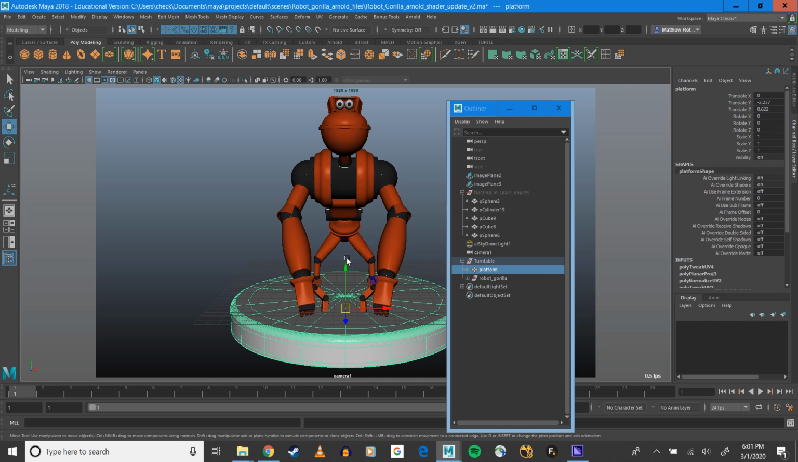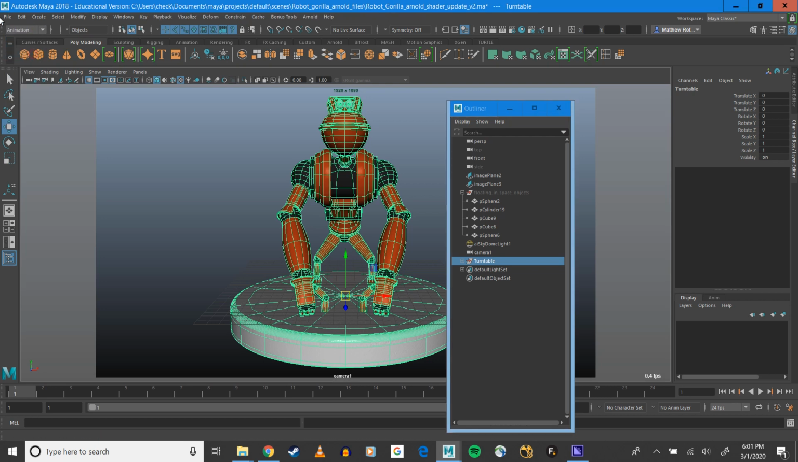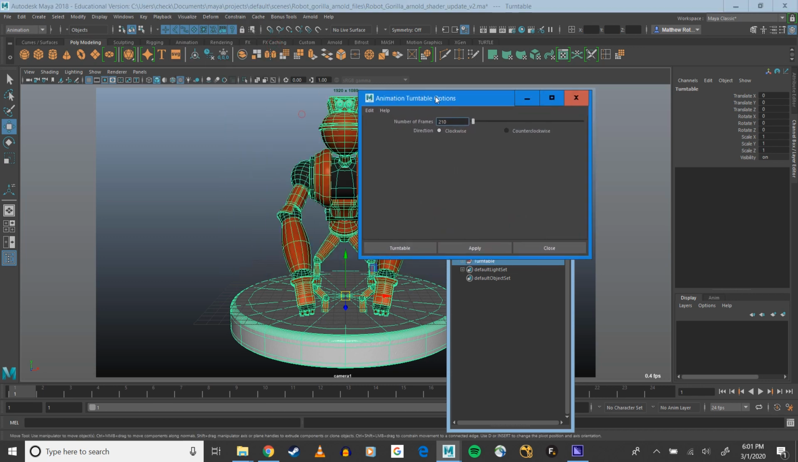So what I'm going to do is I'll even just select my group, which has this pivot here, so I should get a pretty good rotation. And now, you want to select whatever you're moving around. You're going to need to be in your animation menu set, and then you're going to want to go to Visualize, and then there's Create Turntable, which I'll open up the option box,